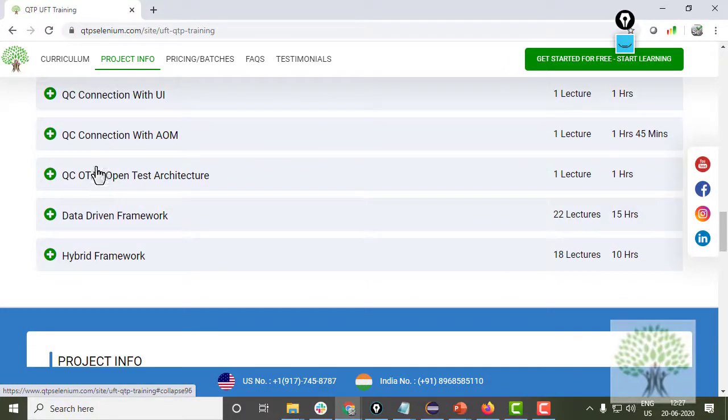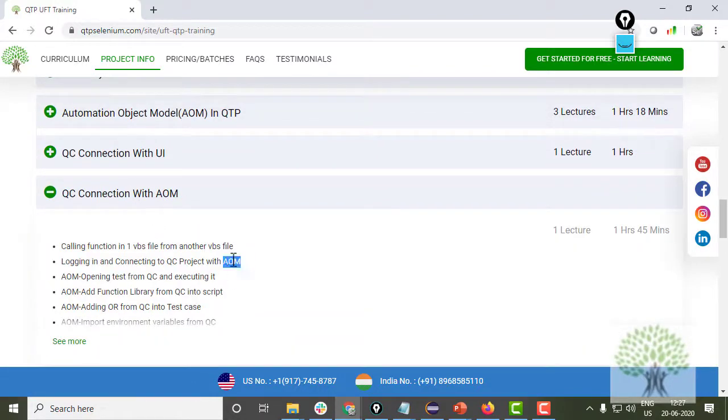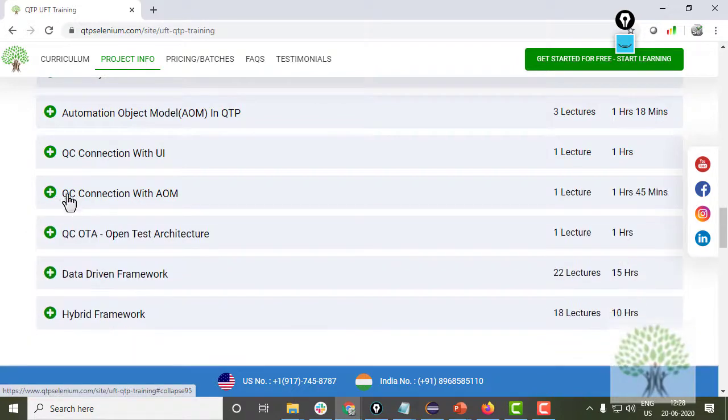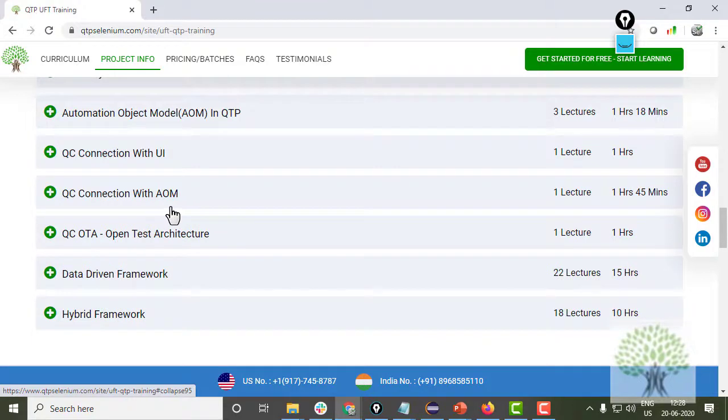Alright, and then we'll be covering the AOM, automation object model, which is again really important because it can help you work with UFT without actually opening UFT, just by writing some VB script, and how to connect Quality Center, HP Quality Center with UFT with the help of the automation object model, that we'll be studying.